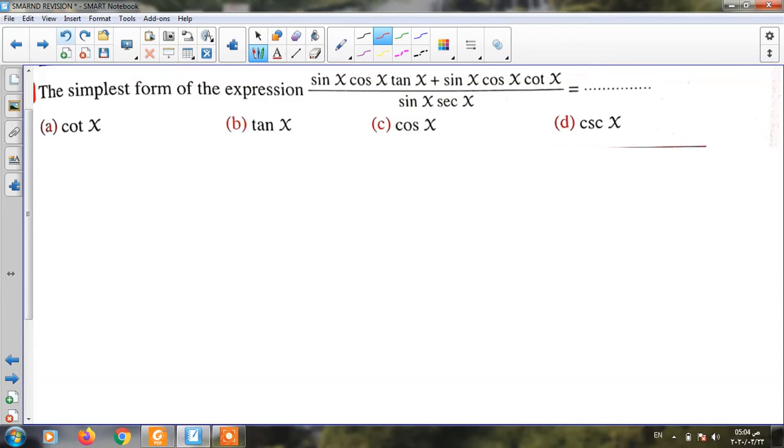Let's complete our revision. We are going to complete and solve Model 1. The simplest form for Model 1 for Senior 1, it's page 90 or something like that. The simplest form for the expression sine x cosine x tan x plus sine x cosine x cotan x over sine x sec x. Firstly, we start to